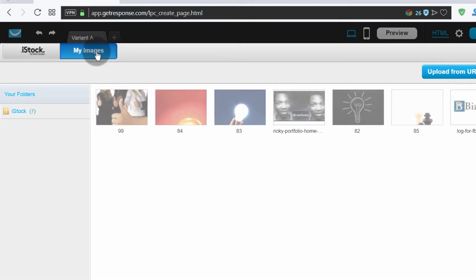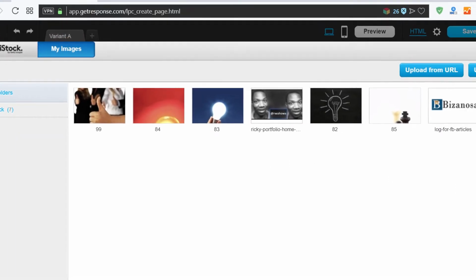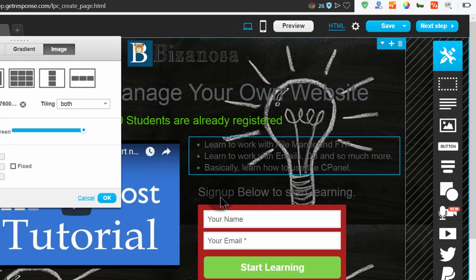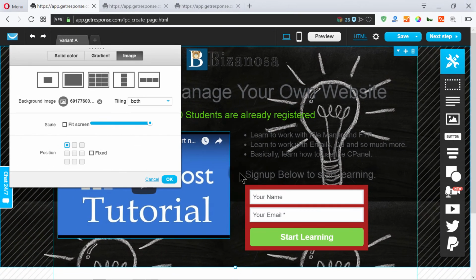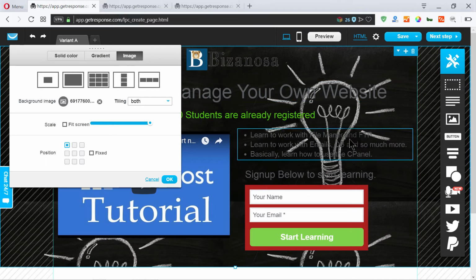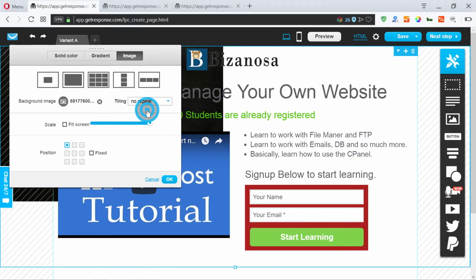If you want to upload an image, just click here to upload your image. But for now, let me say this is an image that I've chosen, and you can see how it is. It is being tiled on both sides, vertically and horizontally. If I say no repeat, you can see the image will only be somewhere up there. So this is a background image. And if I say fit the entire screen,